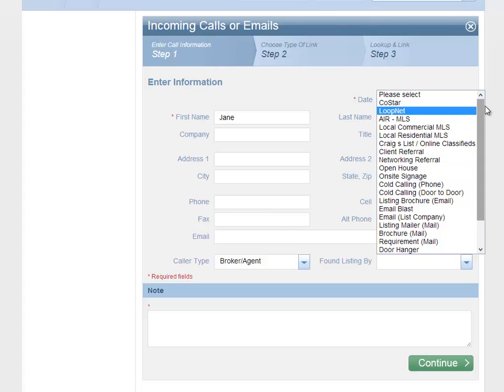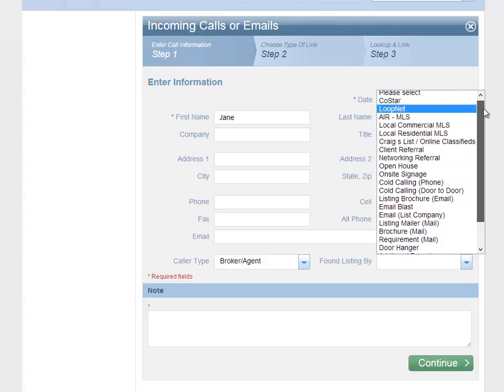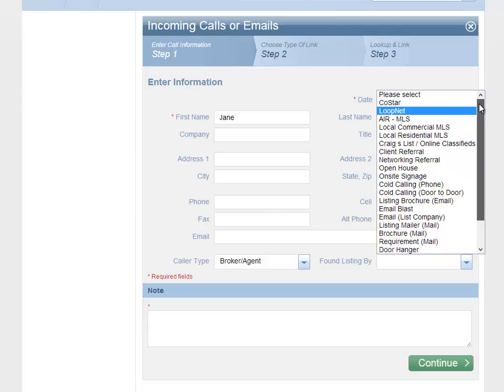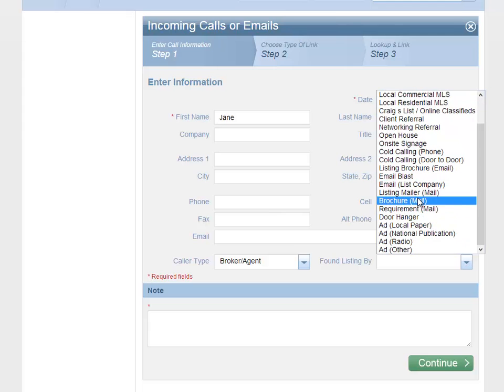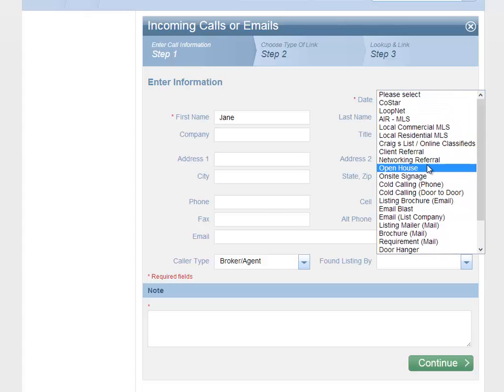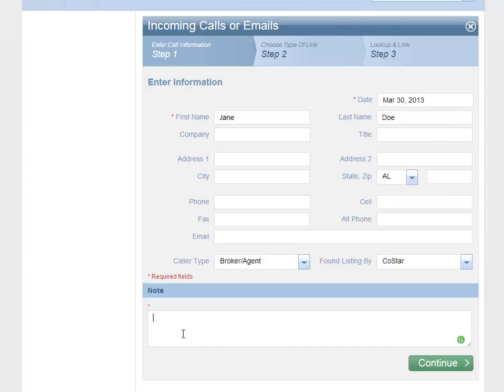Then we're going to come here and choose how did they find us. And this is a great way to track the effectiveness of your various marketing tactics. Did they call in off of an ad in a paper, an email blast, on-site signage, open house, or multiple? So let's say they called in off of CoStar. I can put in my note, wanted to know availability and tour. Hit continue,